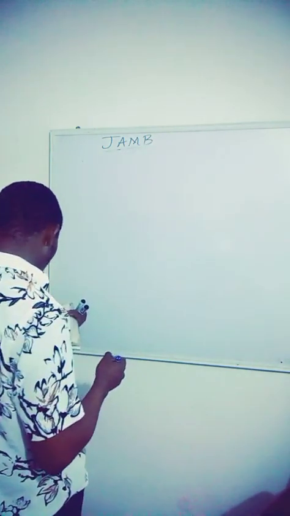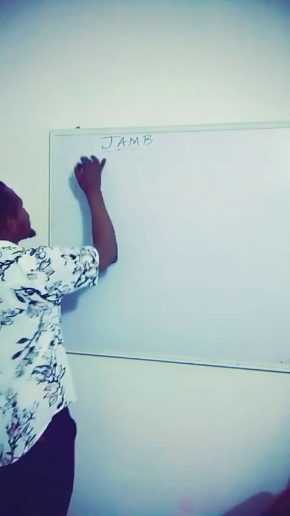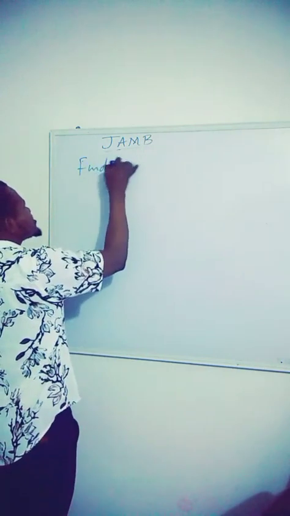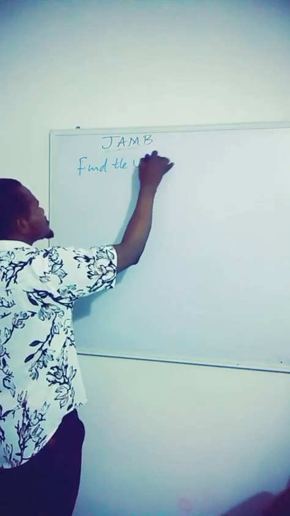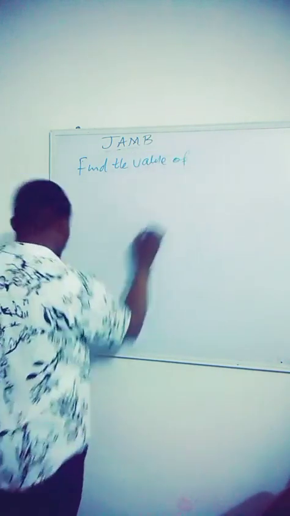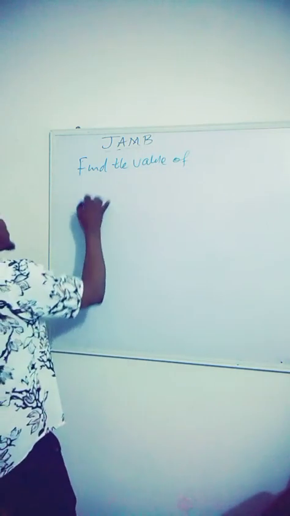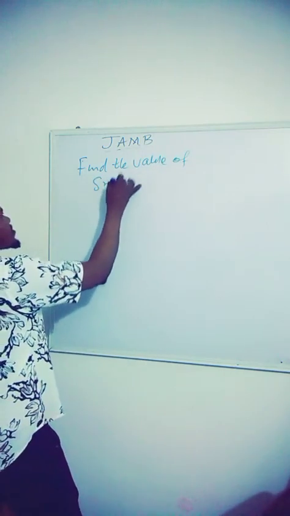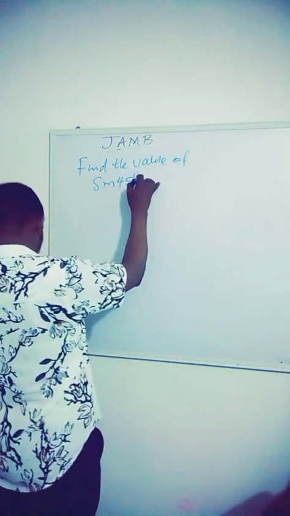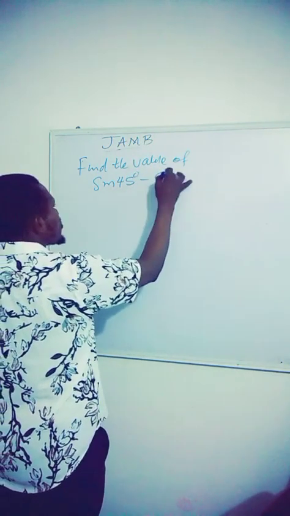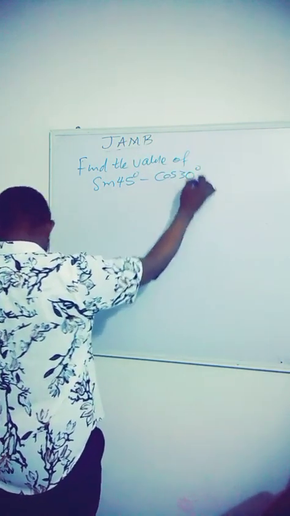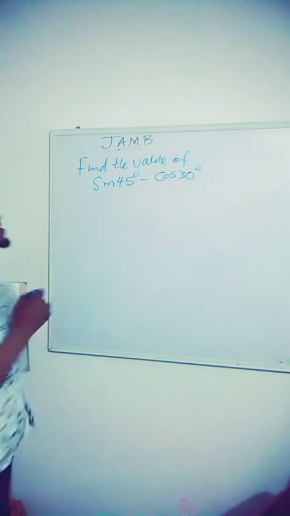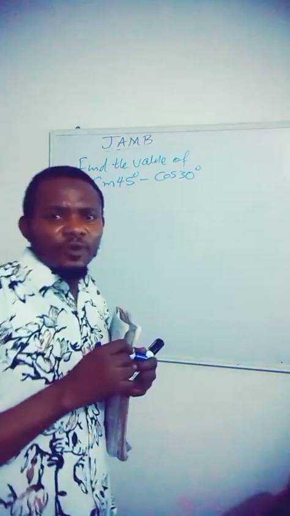This says find the value of sine 45 degree minus cos 30 degree. So we have to find the value of that. Now, from the option,